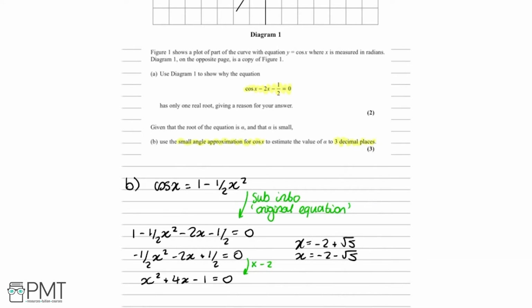However, we know from our work in part A that the equation has only one real root. So we can have only one value for x. So now we need to work out which one to reject and which one it can't be. Well, looking back at our diagram at the top,